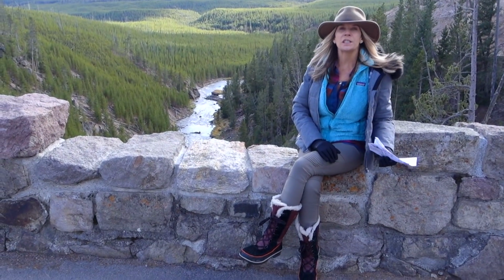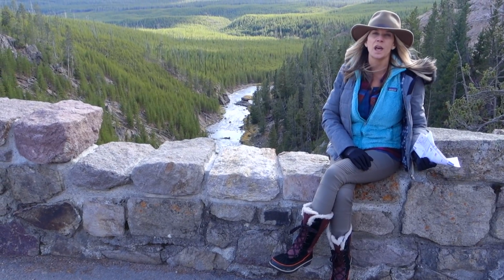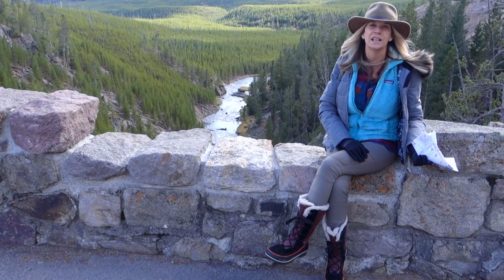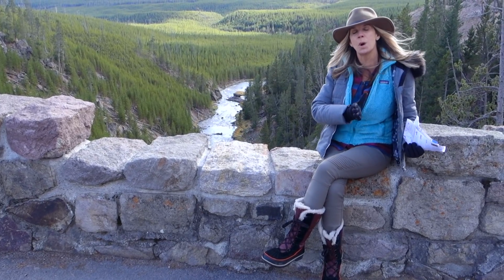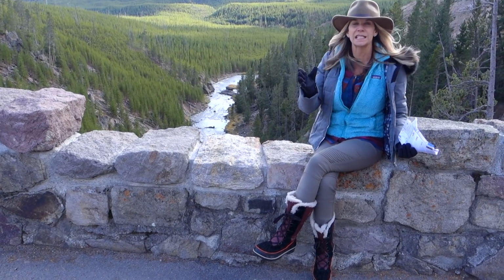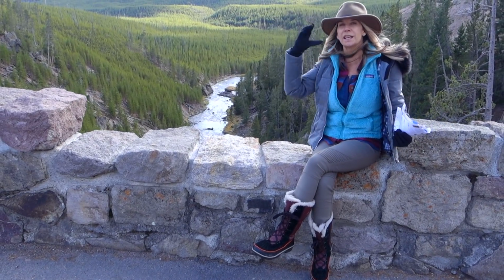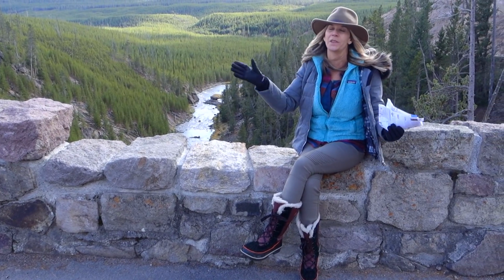Guys, sorry I haven't checked in very much today, but we've just been kind of running and gunning. We're trying to cover a lot of the park. We only have 2 days here, so we've just been stopping at some key points. We're taking one route through the park today to go to our destination where we're staying tonight, and then tomorrow we'll take another area of the park. We're kind of on the, well, I don't even know if it's north, south, east, or west, so I won't